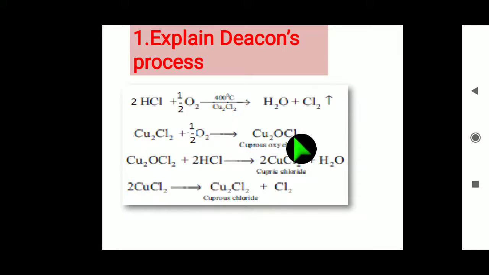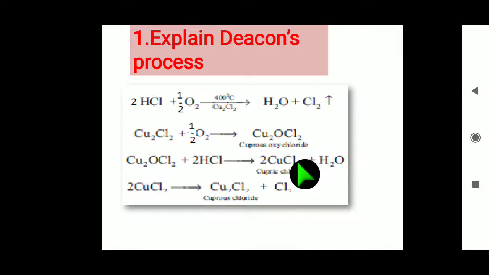The cuprous oxychloride, the second step, it reacts with hydrochloric acid. First, cuprous chloride reacts with the oxygen. Second step, cuprous oxychloride reacts with the hydrochloric acid. We can get cupric chloride, CuCl2. How can we say it is cupric chloride? Means copper carries +2 oxidation state